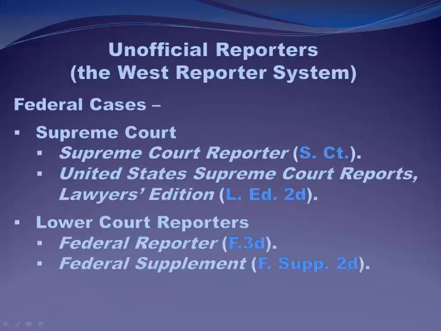As I mentioned, the Federal Reporter and the Federal Supplement are the only two available for the intermediate and the district courts at the federal level. And there are also two unofficial reporters for the Supreme Court. You're all familiar with this: the Supreme Court Reporter and the U.S. Supreme Court Reports, Lawyers Edition. Basically, you can find the same text of the case that you could find in U.S. Reports, but there would be additional finding aids, headnotes, and key numbers and things like that in the unofficial